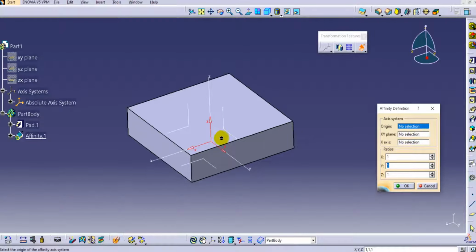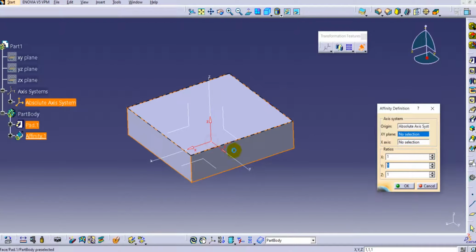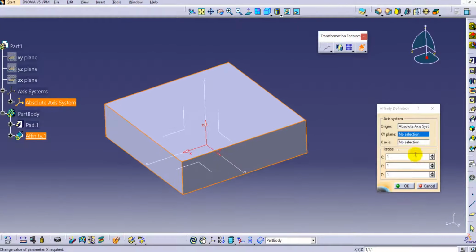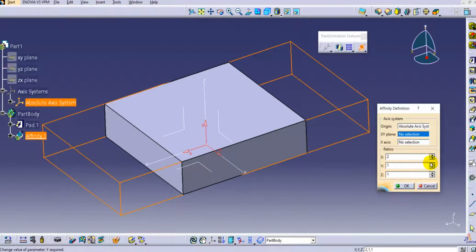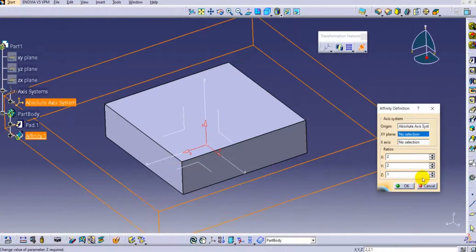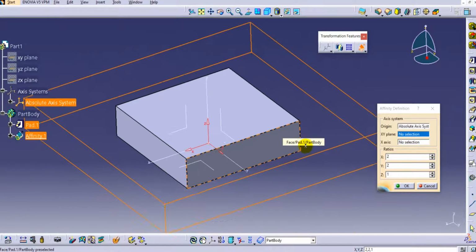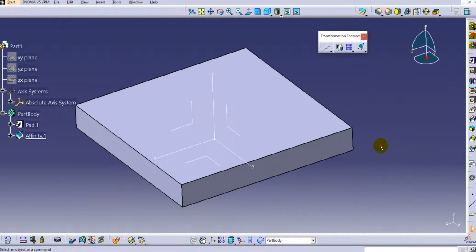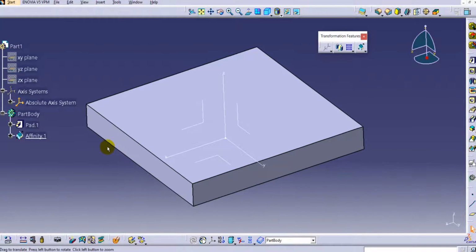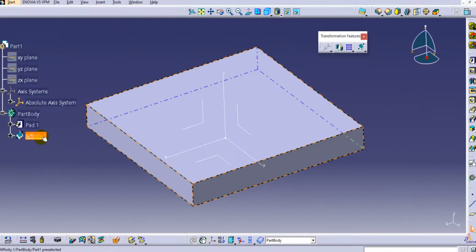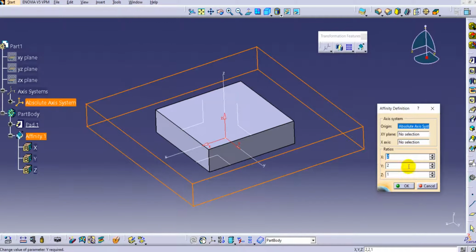Here I will again select the origin, just select this as origin, and here we will provide 2 times in the X direction, 2 times in the Y direction, and Z we will keep as it is. In this way the scaling is done with the help of affinity, only in the 2 directions, that is X and Y direction.